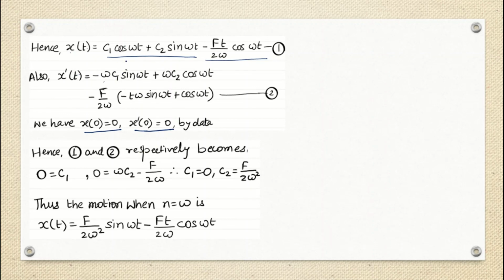So after differentiation, this is the first term differentiation, second term differentiation, and then third term differentiation. And then we are just substituting t as 0 in xt. So we are getting c1 is 0. Similarly, in the second equation, x dash t at t equals 0 is nothing but 0. So the left hand side is 0, and then on the right hand side, putting t equals 0, gives me something here. So we got what C1 and C2 are. And finally, at n equals omega, we have found the motion, whatever they had asked in the question: it is nothing but CF plus PI, which we have added, and this is our final answer.